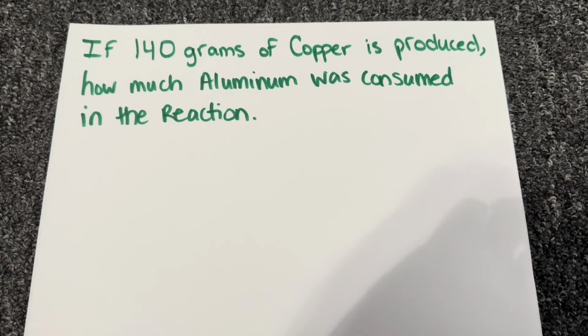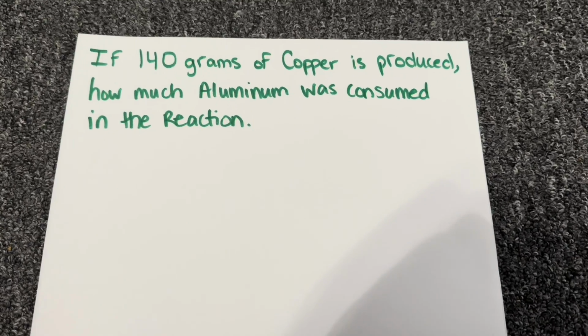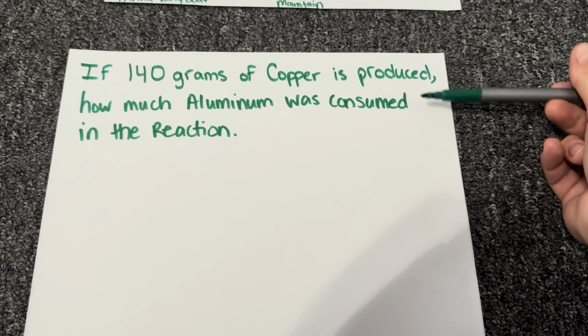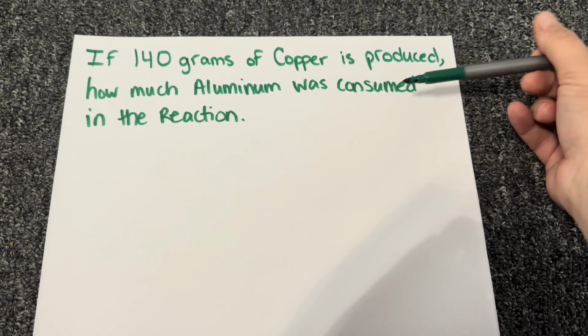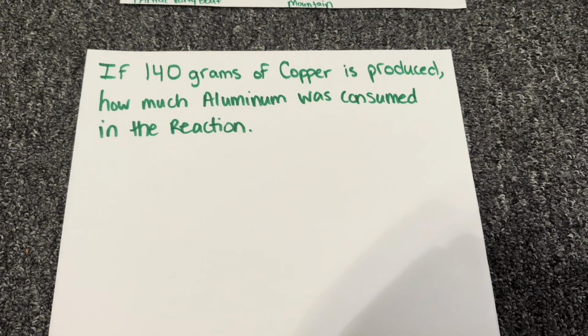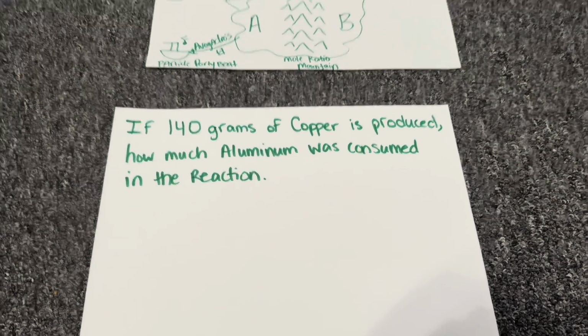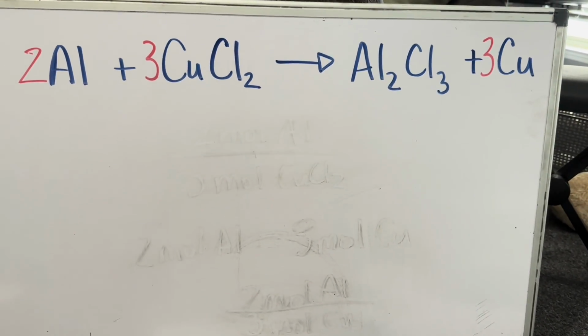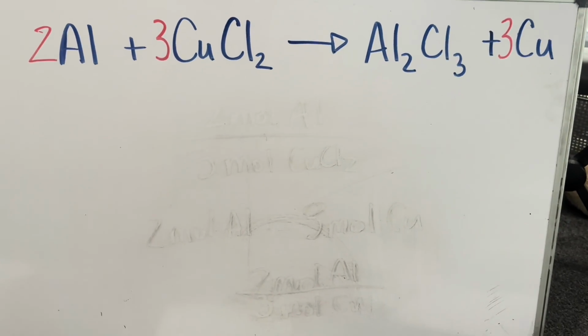Okay, so let's take it to another level. So now, here's our problem. If 140 grams of copper is produced, how much aluminum was consumed in the reaction? So we're still using our same handy-dandy aluminum and copper chloride. So we want to know now,